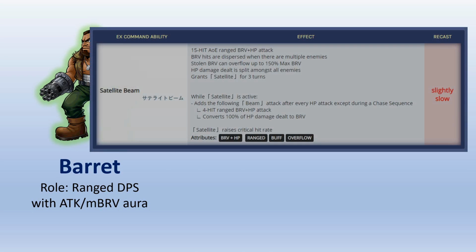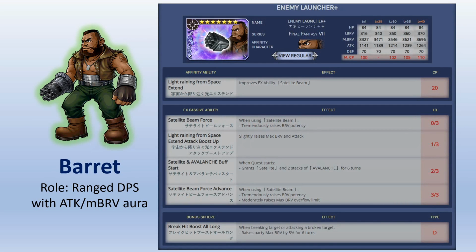Next unit we have is Barret. Barret is a ranged DPS unit. He carries a pretty big attack and max brave aura. His new EX weapon is an AoE Brave plus HP attack. He gets a unique buff that he does an HP attack every time he does a follow-up attack. But the problem with this is his attack power is kind of low, so he may not benefit too much from the ability. For his EX Plus, I would recommend maxing him out because he needs all the damage that